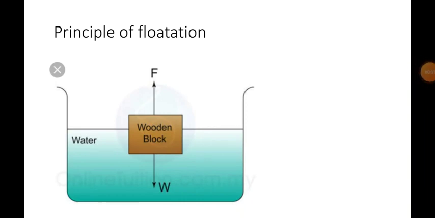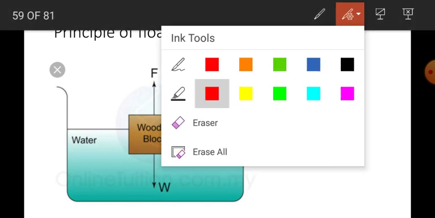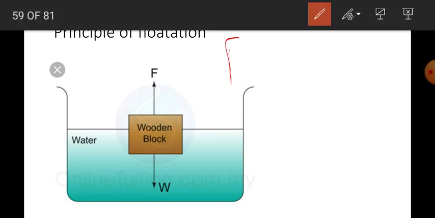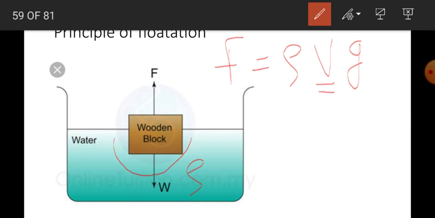In this video I have solved a few numericals based on the principle of flotation. Now we know that a liquid exerts upthrust on a body immersed in it. So the formula for upthrust is rho Vg, where rho is the density of the liquid and V is the volume of the body, or the volume of the liquid displaced by the body. Okay, this is one formula we have used. Upthrust depends upon these three factors.